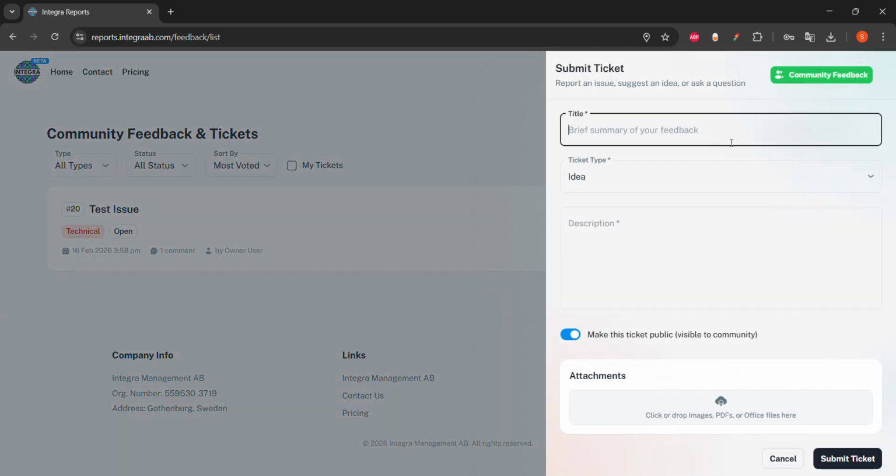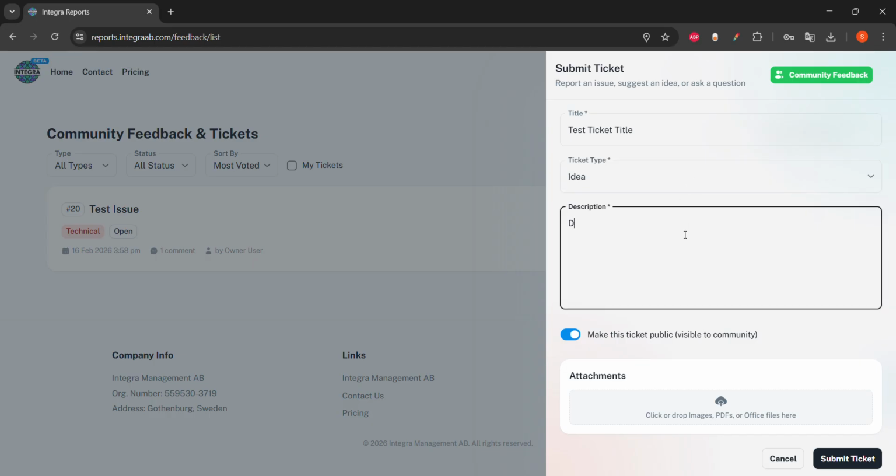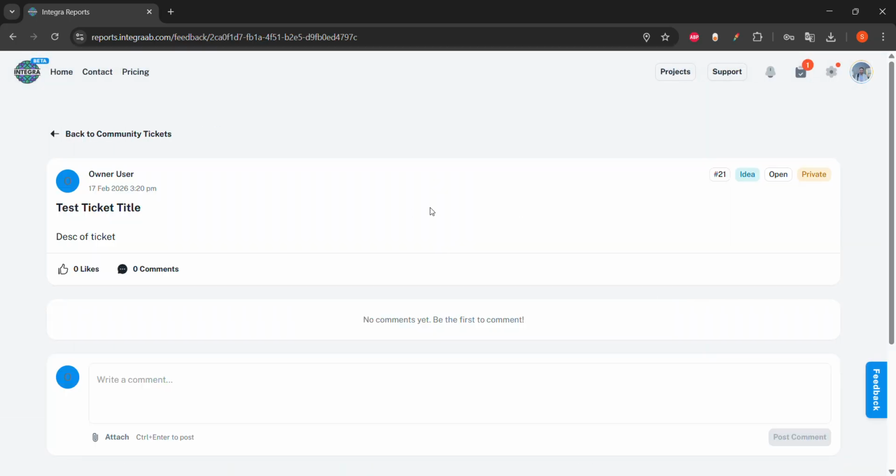In submit ticket, I can define the test ticket type, title, and whether it is an idea or technical issue. I can choose it, and then description, and then whether I want this ticket to be public or not. If I choose to have it as public, then everyone can see this ticket. Otherwise, I can choose to make it private. Then I can add the attachment to this and then submit, and then it will take me to the ticket